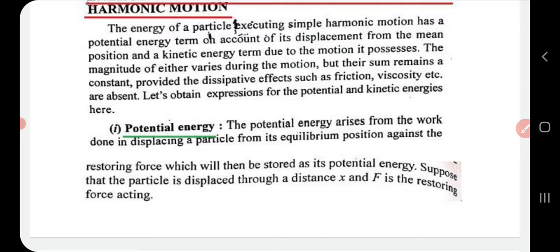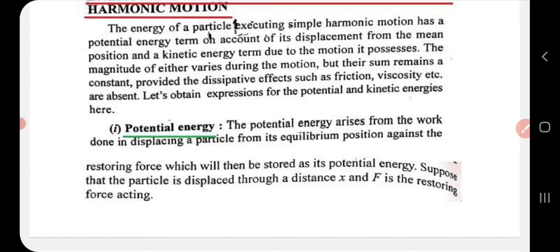which is then stored in it as potential energy. So, when a particle is displaced from its equilibrium position, that is, in order to displace a particle from its equilibrium position, we have to do work, right? Now that work is actually done against the restoring force. Now that work that we do in displacing the particle from its equilibrium position against restoring force is stored in it as